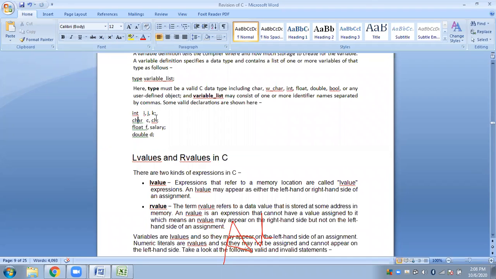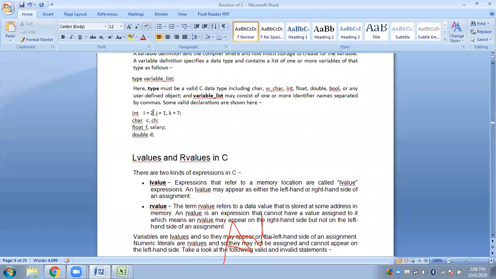What is variable definition? It is when you store values along with the declaration. Here you have simply declared it, but once you start storing values, that is, if you directly write I equal to 2, j equal to 1 and k equal to 7, then together with variable declaration, I have also done an initialization.